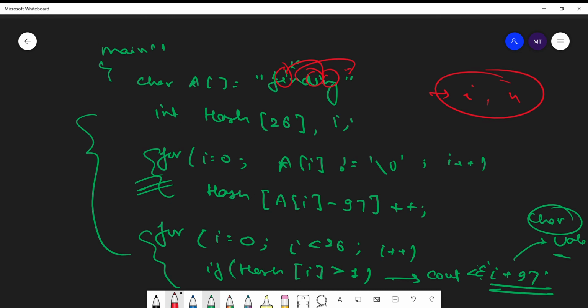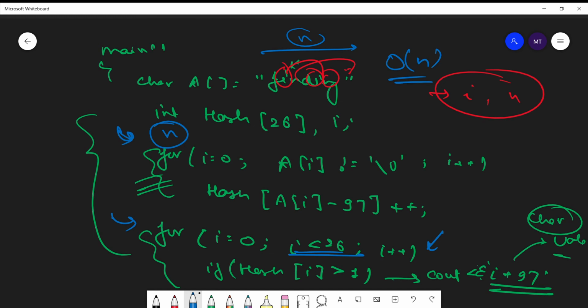Let's talk about the time complexity of this approach. This loop is iterating for n times, like n characters in a string. Then worst time complexity will be order of n. The second loop is constant, as it is only iterating for 26, so we can neglect it for larger strings.